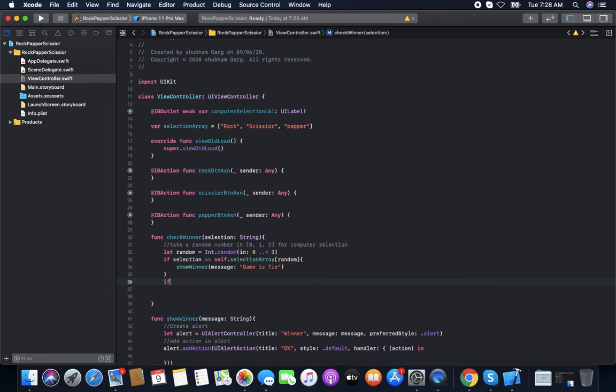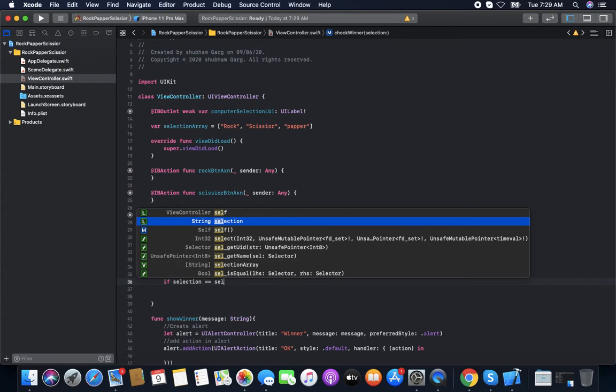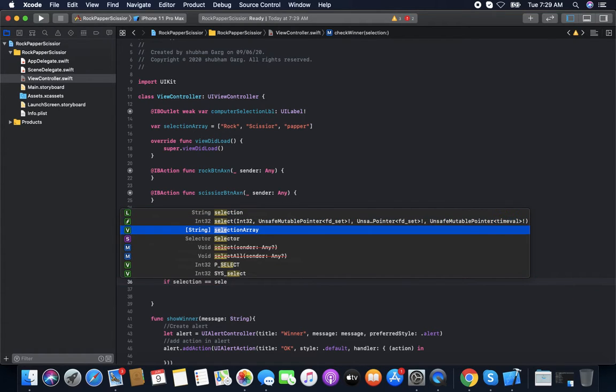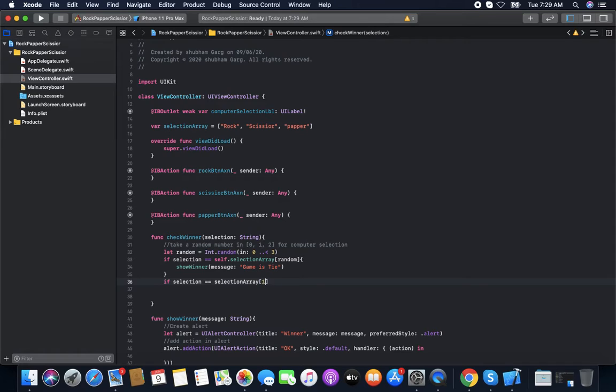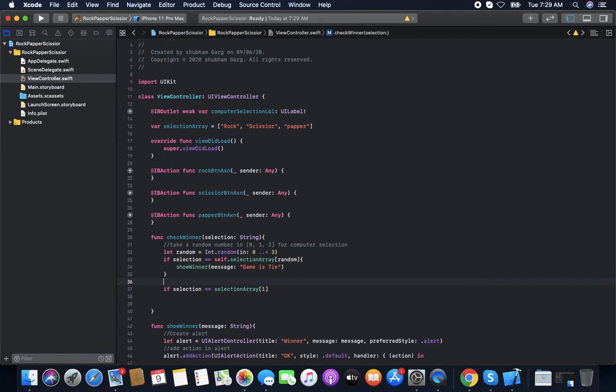But if selection equal to rock, or we can say selection array dot 1, if user select rock,